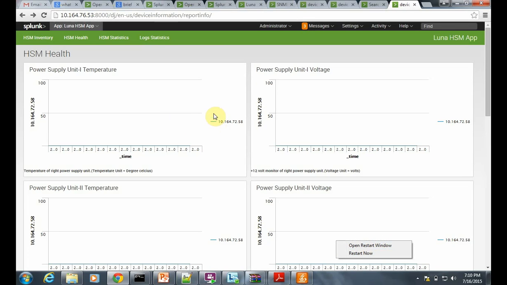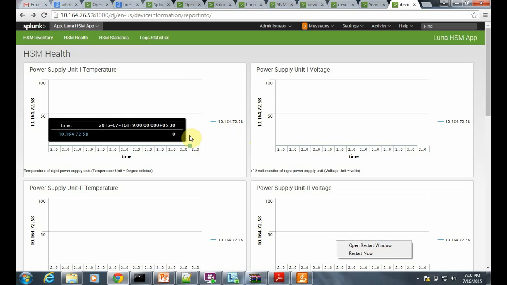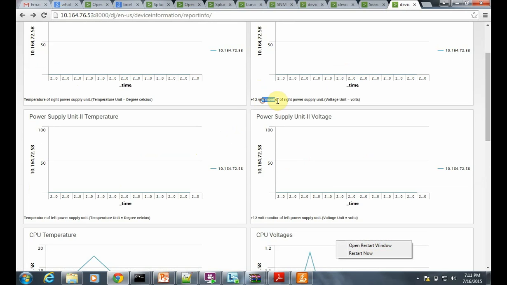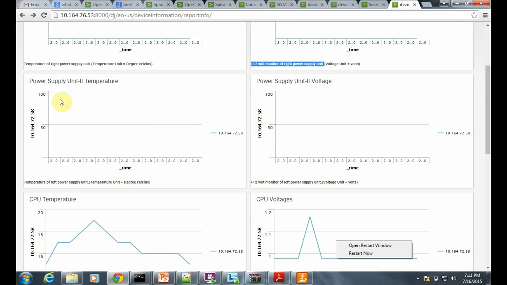So you can configure multiple appliances on this application. You can see multiple line graphs on the same screen for the devices. Now the second report panel is for power supply unit 1 voltage. The unique power supply unit plus 12 volt monitor of the right power supply unit. Third panel is for the PSU2 temperature,